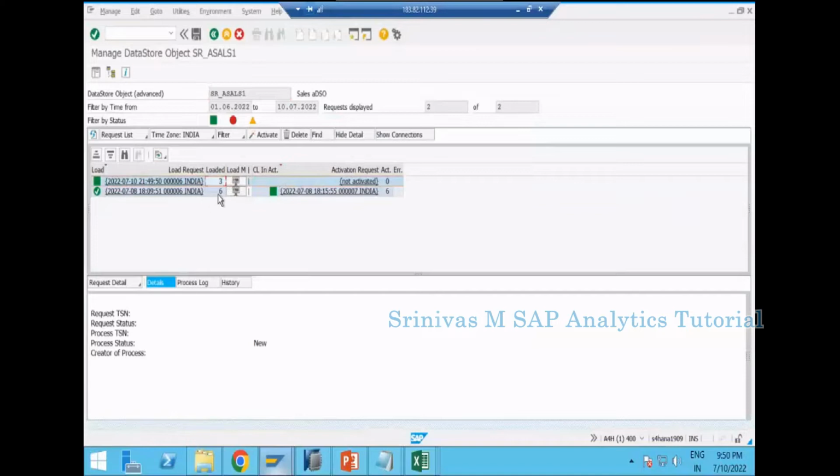What exactly does it mean? Whenever we perform a data load, a request will be generated in the manage screen of the aDSO. By looking into this request, you can understand when the last data load happened and how many records got loaded as part of it. Yesterday we loaded 6 records, and today on 10th of July that request got loaded and it contains 3 records. Initially the records are available in the new table, and you see the active records show 0